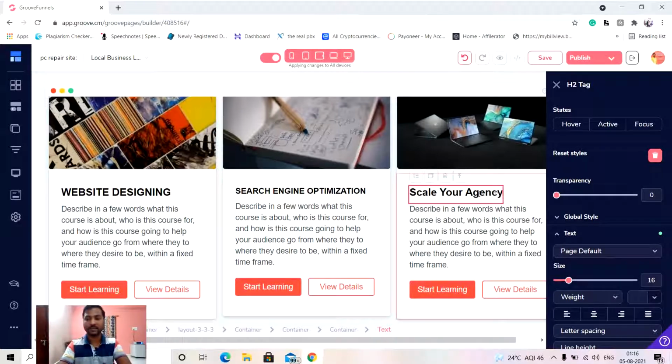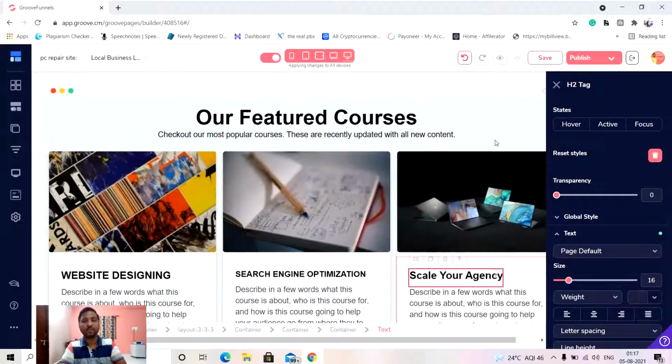And you can go ahead and add scale your agency. That is a good point, scale your agency. If you're a digital marketer and you're providing services for website designing, then scale your agency is a good option. Okay, you can add this one as well. If you want to add a little bit more, you can simply go ahead and